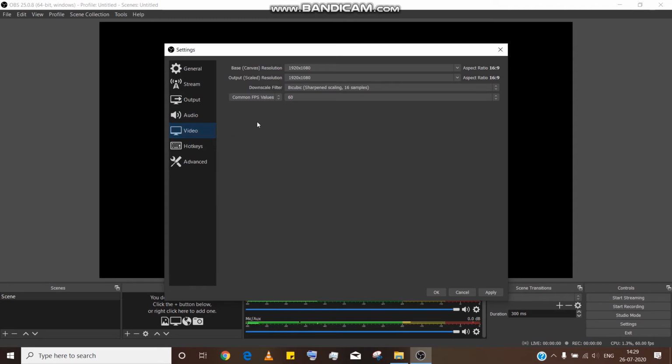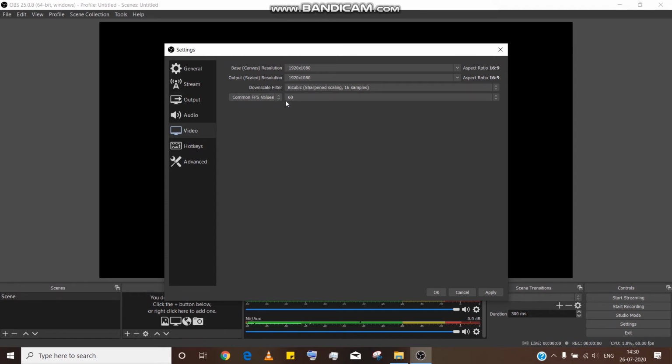Here we need to change a few things, not a lot, but just check whether the base canvas and the output scaled resolution are the same, because if the scaled resolution is sometimes off, then you might get some weird clipping around the edges. The downscale filter is bicubic, let it be bicubic, but if you think that your particular need is something different, then you can always research online.